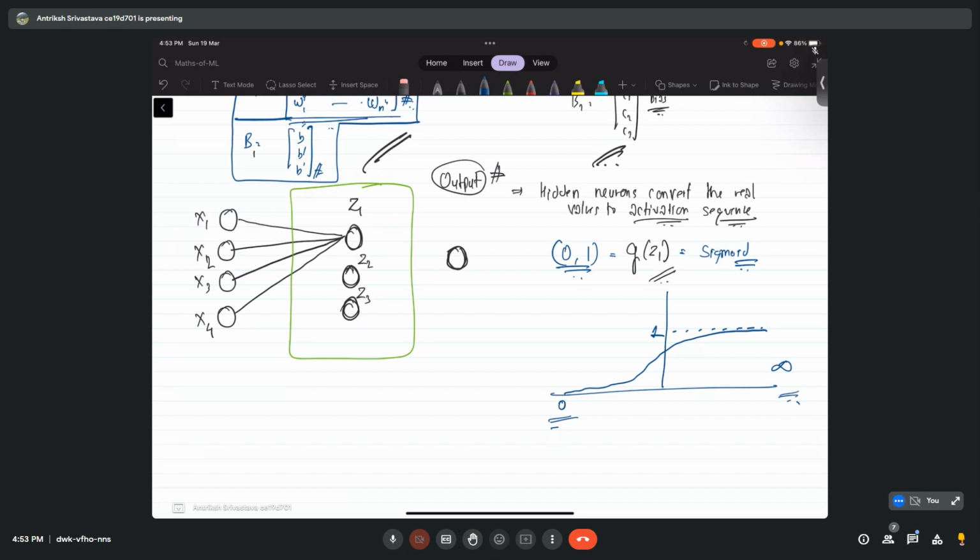Okay, so you can use this, and then you can have a threshold. So if the value that you are getting, let's say it is a1, from this sigmoid function is less than 0.5, then this node will not be activated, and if it is greater than 0.5, then this node will be activated.